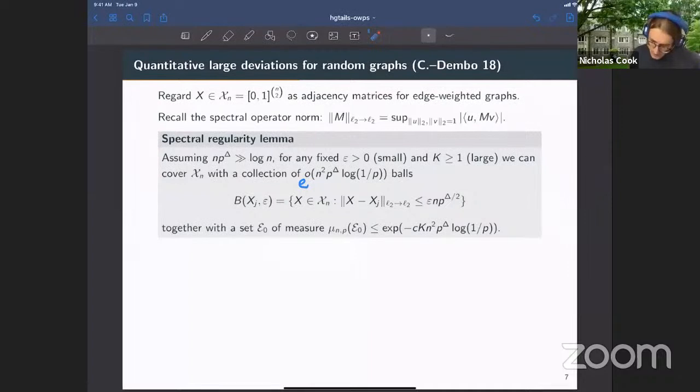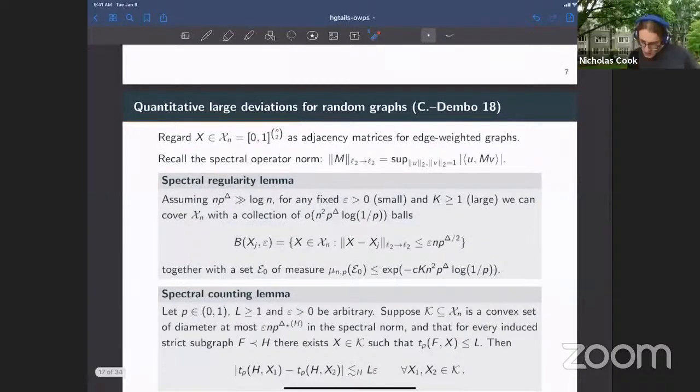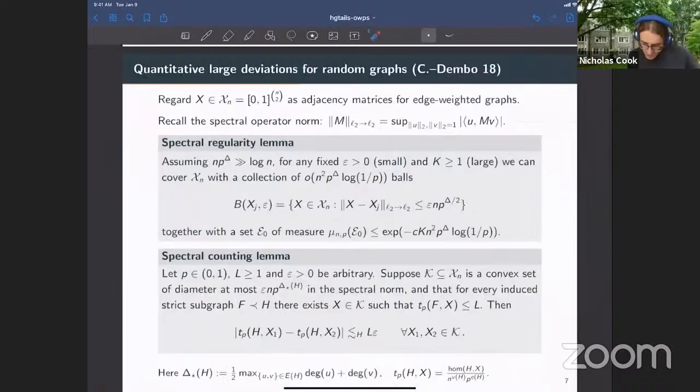Okay, to go with this, we have a counting lemma that basically says homomorphism counts are continuous under the spectral norm. So here we have a parameter epsilon and a large parameter L. And if we have any convex set of weighted adjacency matrices that has diameter small compared to, okay, so here nice delta, but then we have something called delta star, which is the average of the max degree of